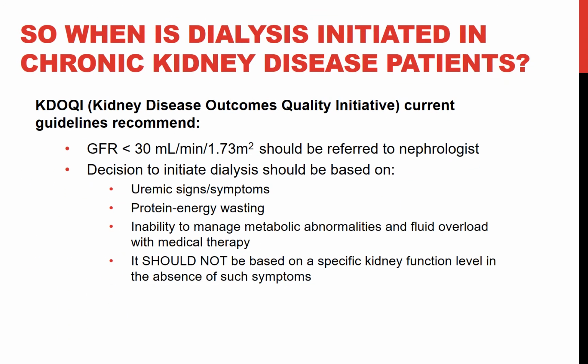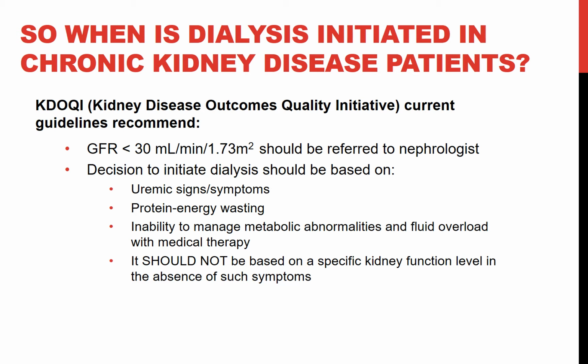The Kidney Disease Outcome Quality Initiative considered the findings of the IDEAL study, which concluded that in patients with stage 5 chronic kidney disease, there was no difference in survival or clinical outcomes between early or late start dialysis. With that being said, they recently updated their guidelines in 2015 to include the following recommendations: that all individuals with a GFR of less than 30 should be referred to a nephrologist so that they can receive adequate education on the various options for maintenance dialysis